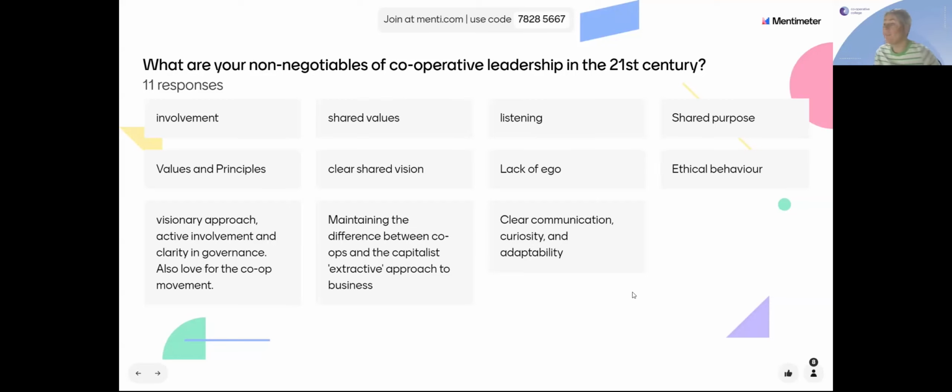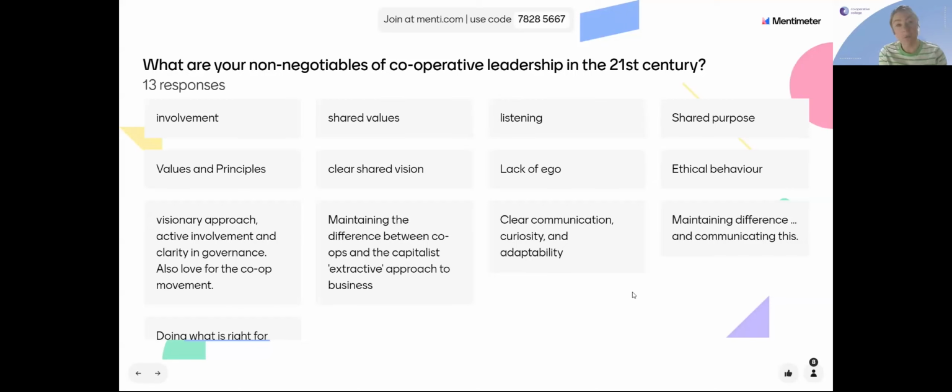This, I think, is really important, having that clear communication, that curiosity sparks creativity and innovation, doesn't it, as well? Being able to be adaptable. And when we think back to some of those issues that we were talking about, when it comes to COVID, when it comes to advancements in technology, being adaptable to those factors happening in that larger business environment are crucial to success and to cooperation as well.